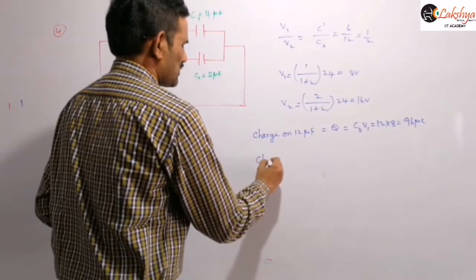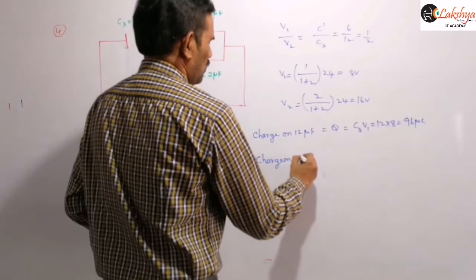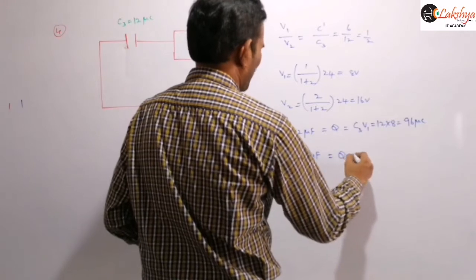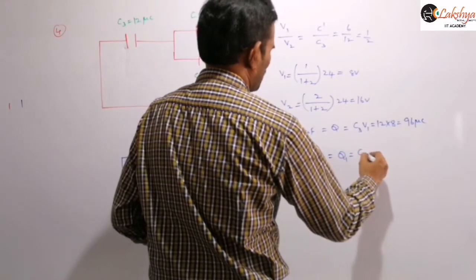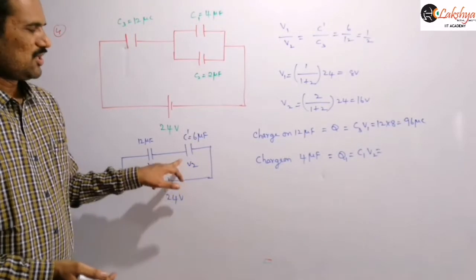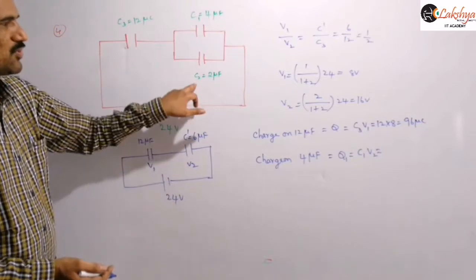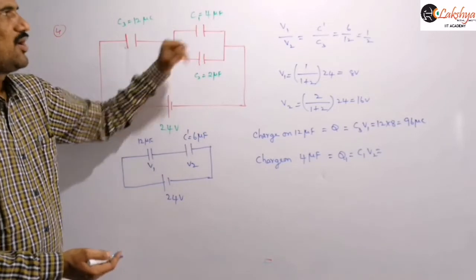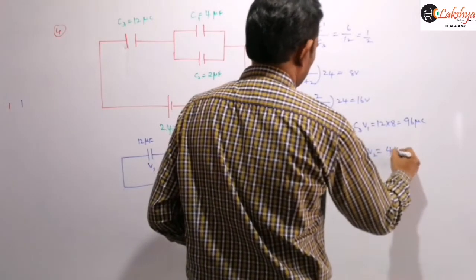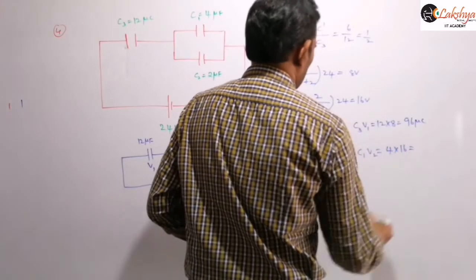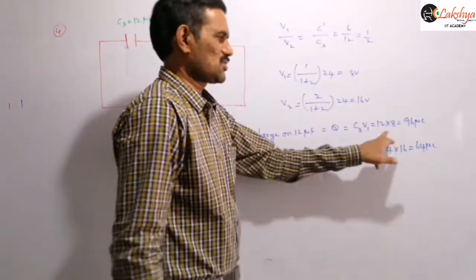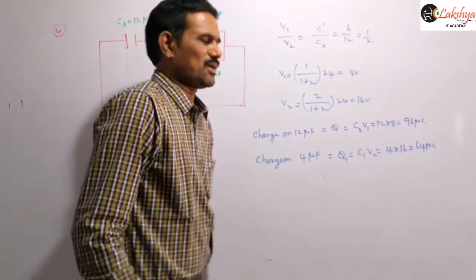And next is the charge on this 4 microfarad capacitor. Let us suppose say Q1. Then this is C1 into V2 we need to write here. Here the potential difference across this combination V2 we are taking. So here the potential difference is 16 volts, means the same potential difference will be there across this 2 microfarad and 4 microfarad capacitor here. So then you can write this as 4 into 16, which is 64 microcoulomb. That means capacity is already in microfarads here, so the charge we are getting in microcoulombs.